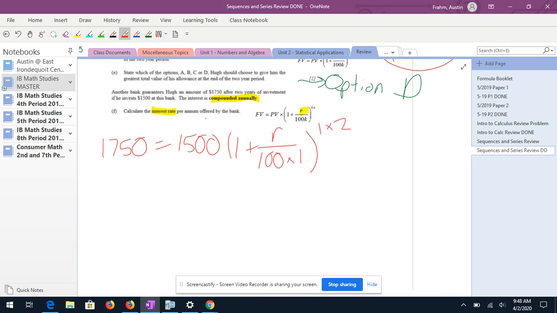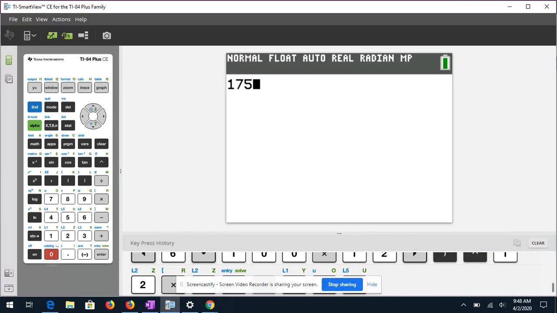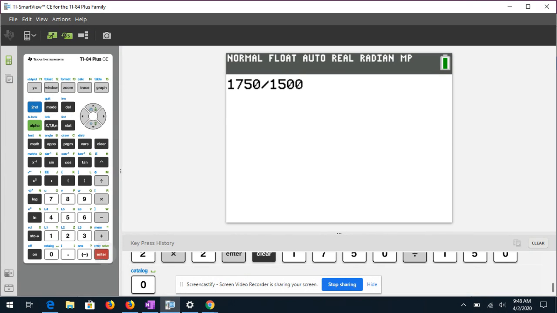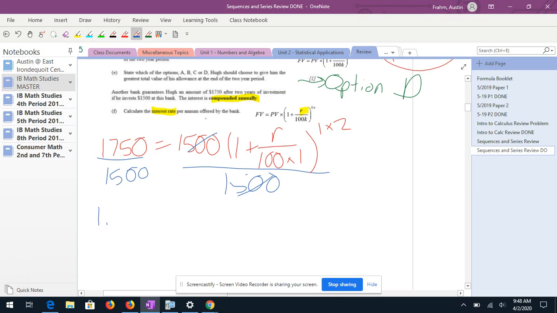So we need to solve this equation for R. Okay, so it basically turns into an algebraic equation. So the first thing I would want to do to get R by itself is divide both sides by 1,500. So if I take 1750 divided by 1,500, I get 1.16 repeating. So 1.16 repeating equals, now we have 1 plus R divided by 100 to the second power, because 1 times